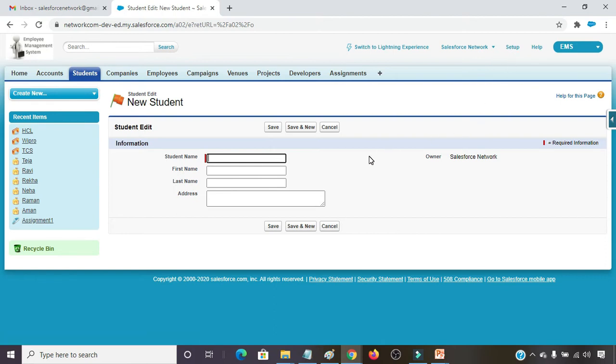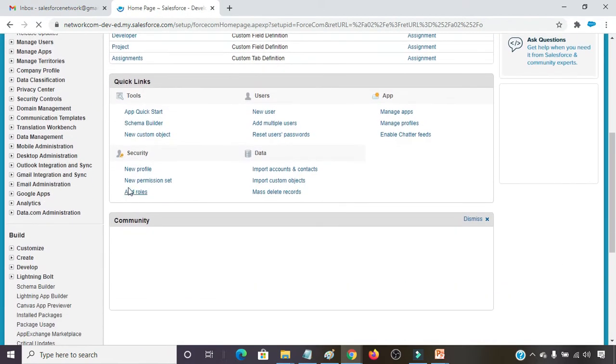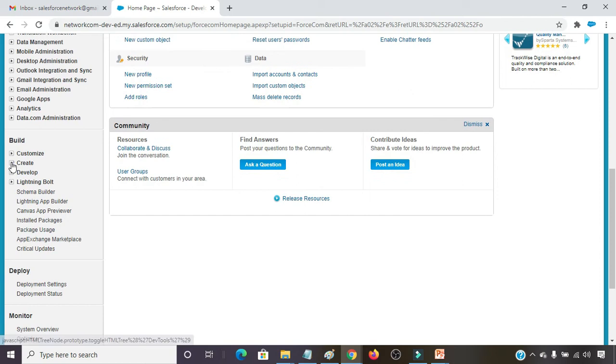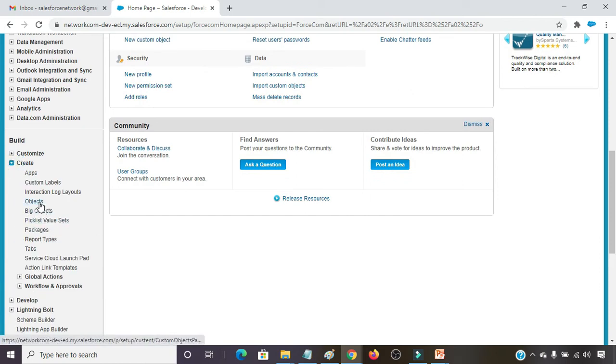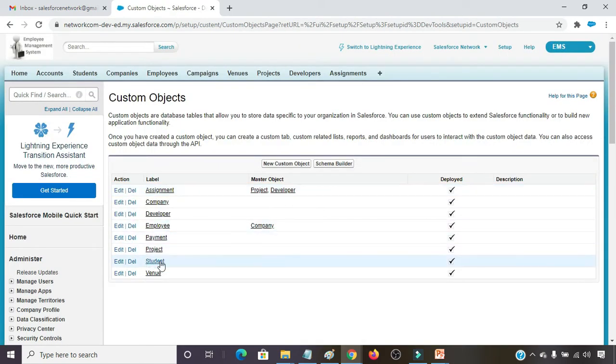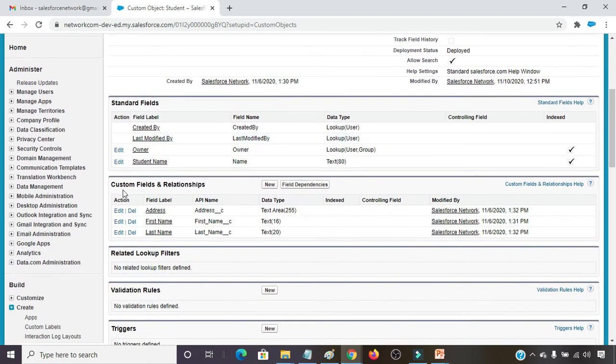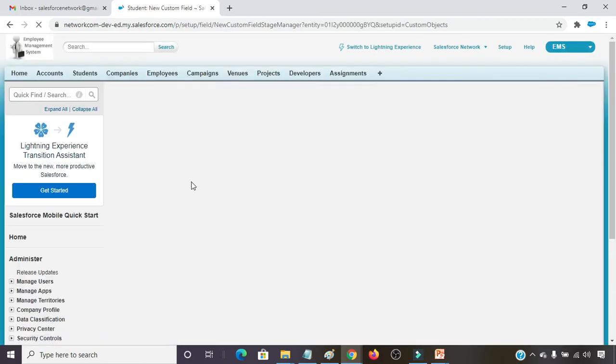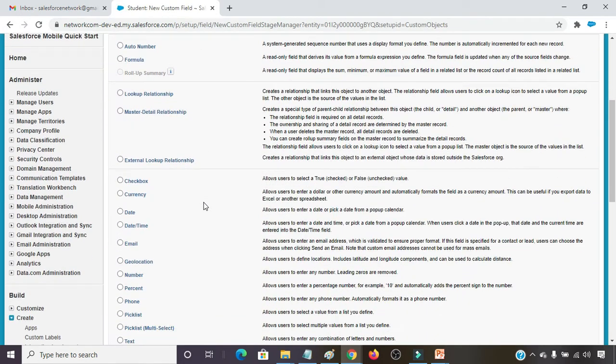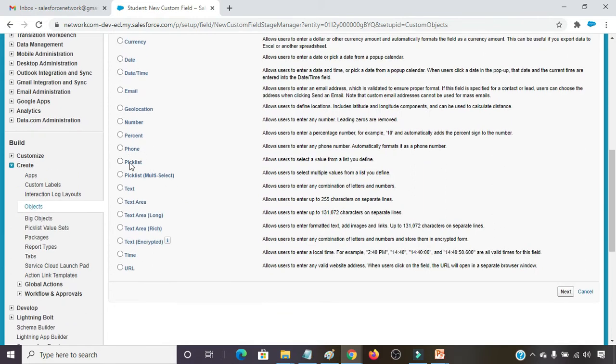For creating these fields, we need to click on Setup, Build, Create, Objects, choose the object student, Custom Fields and Relationships, click New. Choose pick list, click on next.